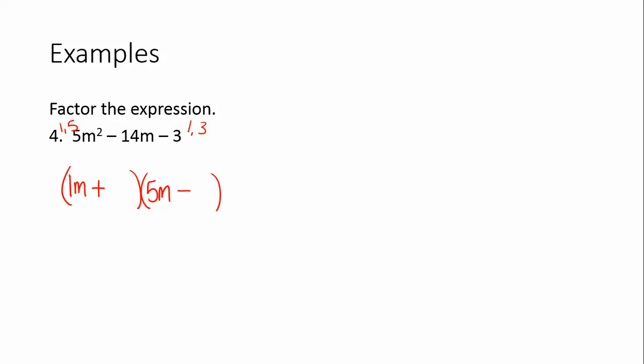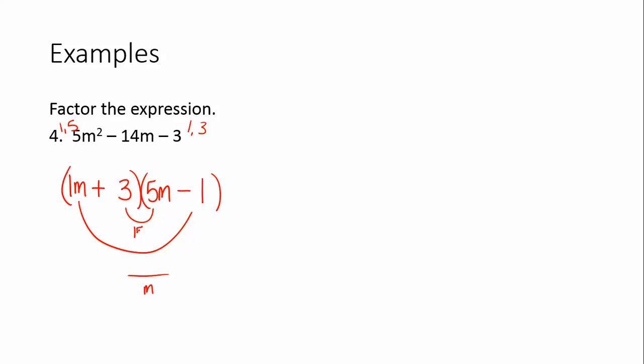And I know that factors of the back number are 1 and 3, so I've just placed them in to see what I get. So this is 5m. This is negative 3m. That's going to give me 2m. That's not what I want. So let's try to flip the 1 and the 3. Put the 3 here and the 1 here. Now when we check,